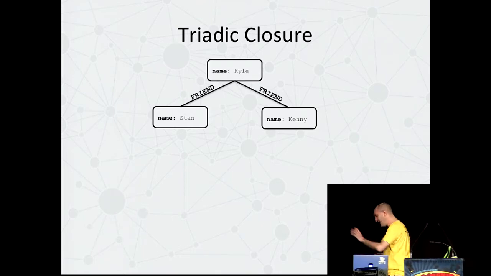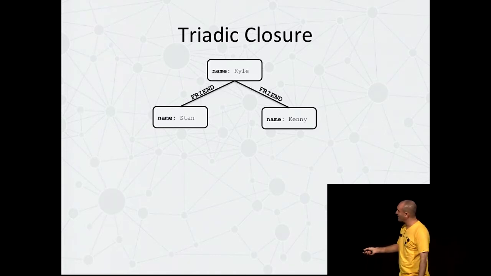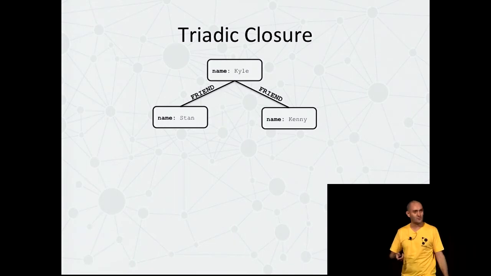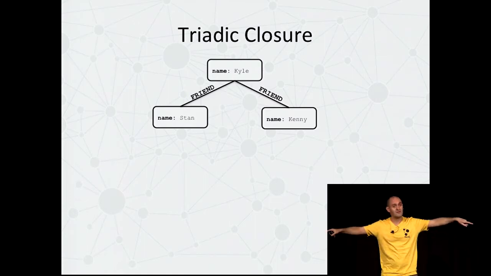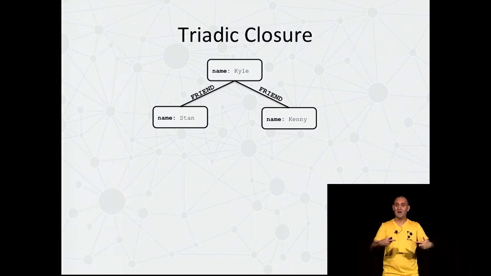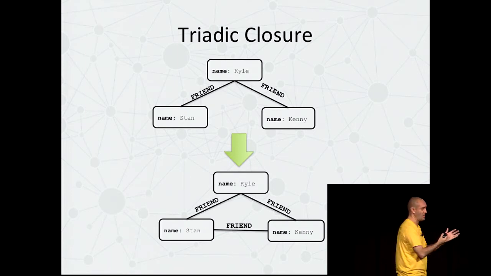Anyway, here's a graph taken from the South Park universe. It's an elementary school, a primary school cartoon, and you've got this guy Kyle, and he's friends with this guy Kenny, and he's also friends with this guy Stan, and you can see the tension in the graph here. You feel it in your own social networks. If you've got two friends, the chances are at some point they're going to meet, and because they're compatible with you, and you like them to be compatible with each other, they're eventually probably going to become friends. It will close the triangle, it will make a triadic closure.